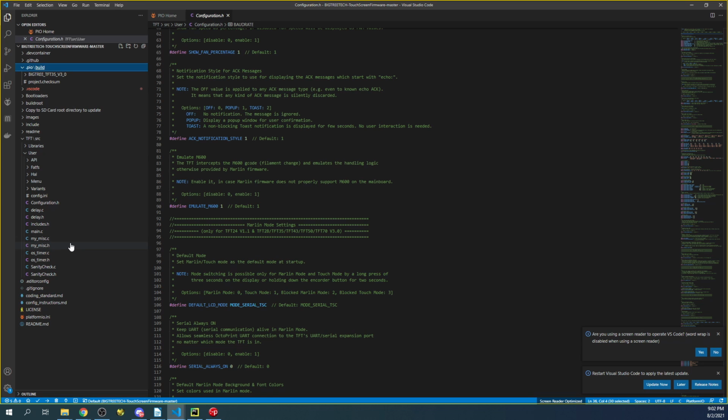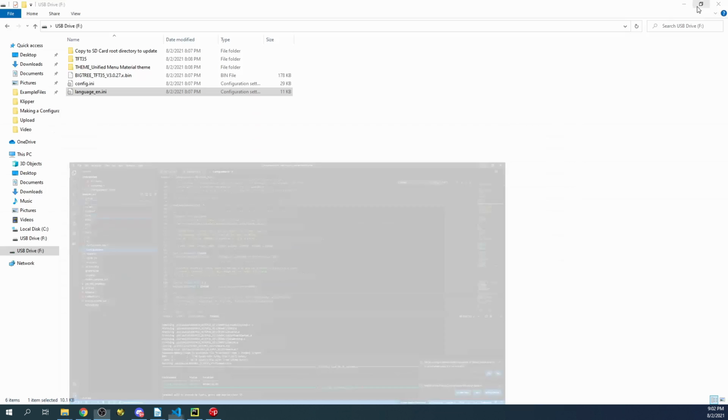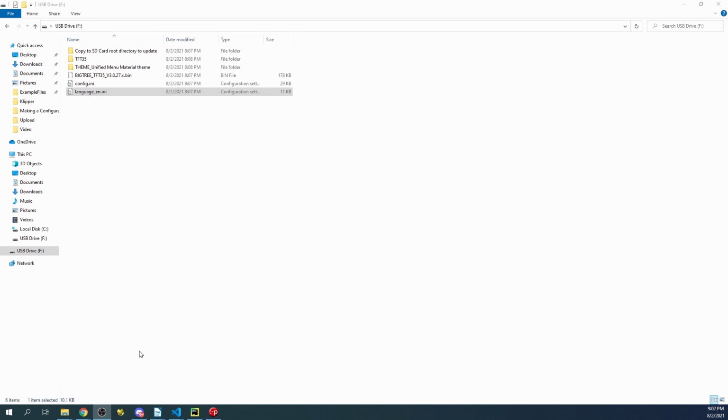But for now, that's just a quick tutorial on how to do it. So I'm going to close that. I'm actually going to close this as well. And then I'm going to go over to the actual desktop in a moment and load the firmware and see what we get. So what we're going to do is go to the